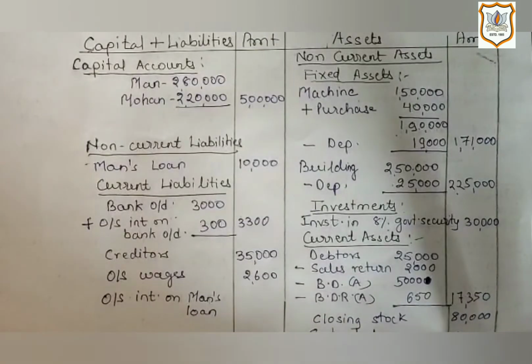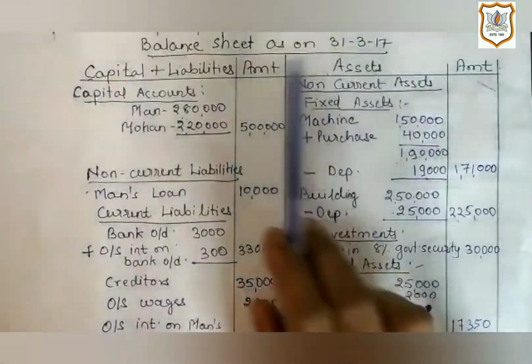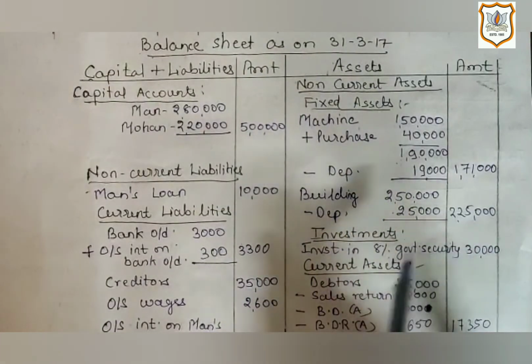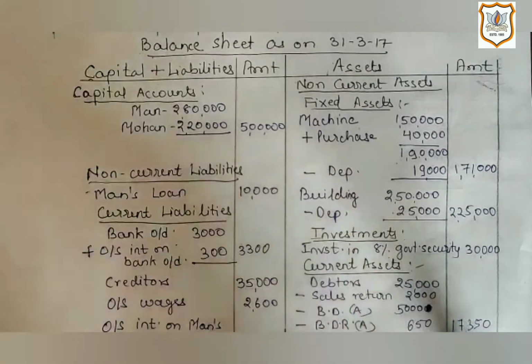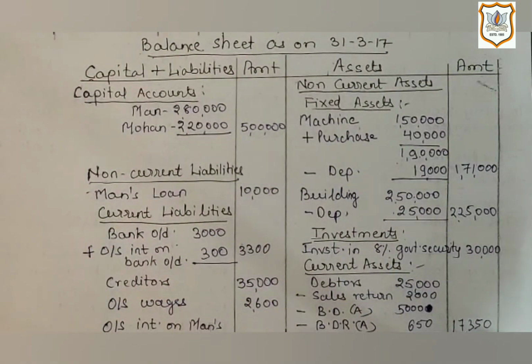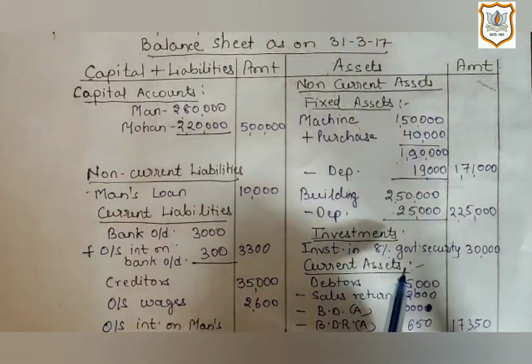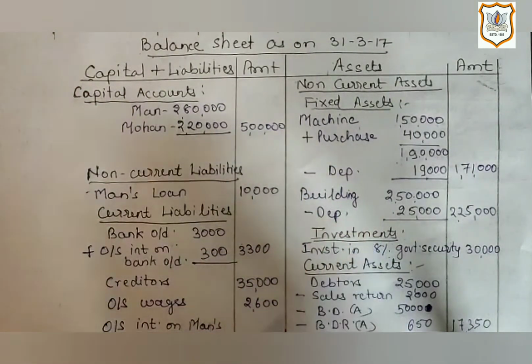In question, in trial balance, on debit side, you will find one item as investment in 8% government security, which is recorded on asset side in balance sheet under the heading of investment, which is rupees 30,000. So here we have to face one hidden adjustment. So first, check out the meaning of government security. A government security is a bond or debt obligation that is issued by a government with a promise of repayment upon the security's maturity date. So it is a type of investment and it will be recorded on asset side under the heading of investments.